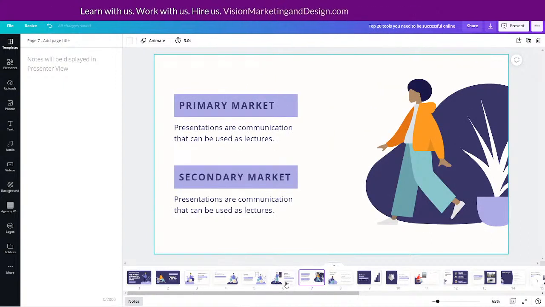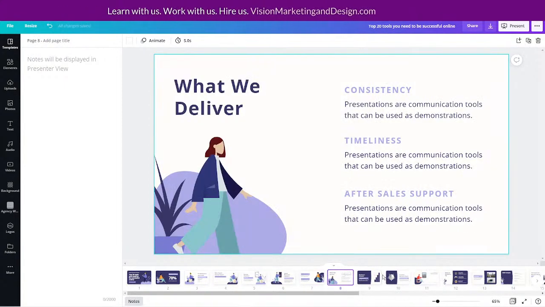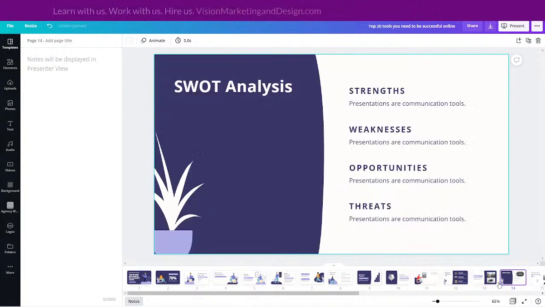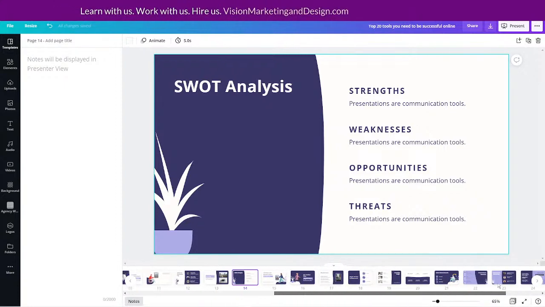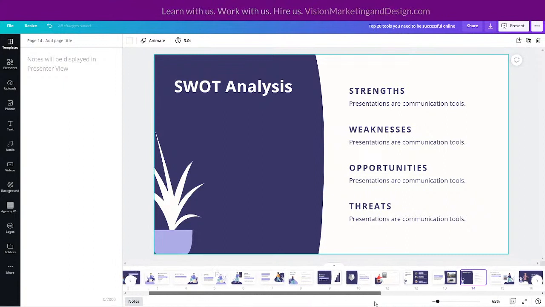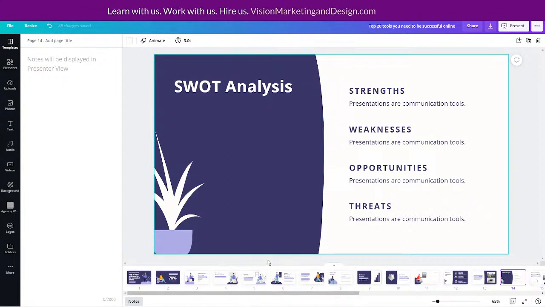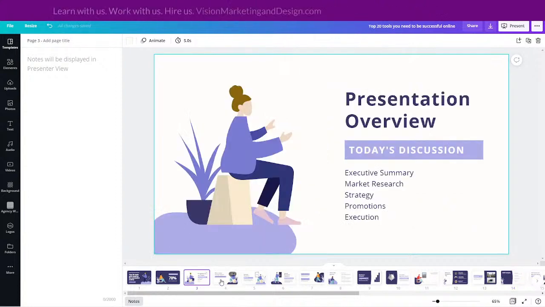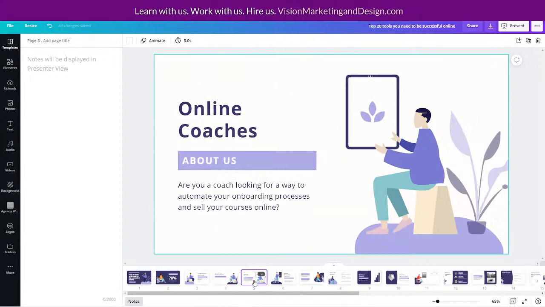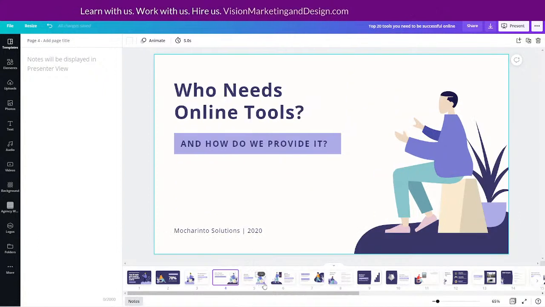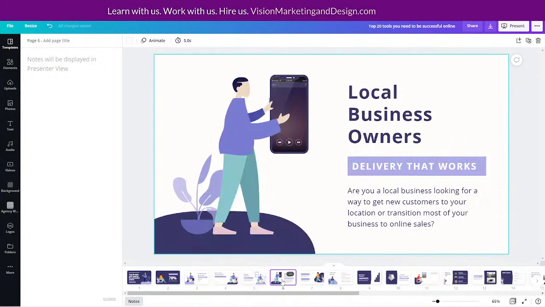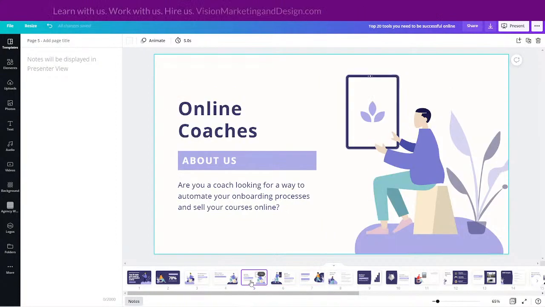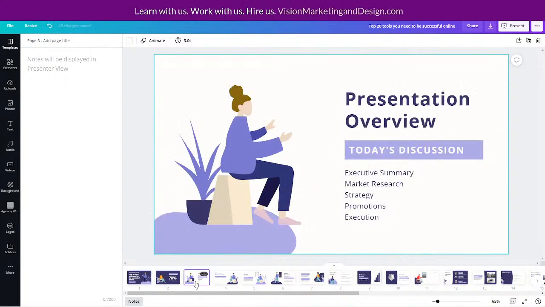I don't know if this is exactly the type that we need. Let's see, I can scroll through here. I kind of want to remain consistent without being copy-pasty, if that's an actual word. So I'm just looking through these other outlines. So I think what I want to do is actually duplicate one that I've used before. So let's see, we don't want to duplicate that one or that one, but we do have online coaches. That's very similar to one another, but okay, it's fine. We'll just move forward.